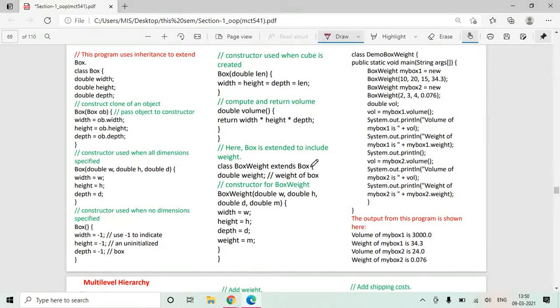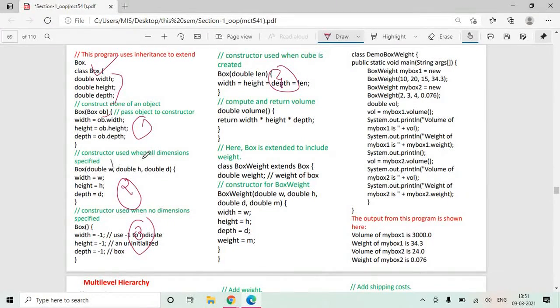Now this looks like a very lengthy program, but it is very simple. Try to concentrate. You have a class Box with 3 variables. This is constructor number 1, this is constructor number 2, this is constructor 3, this is constructor 4. This program we have already studied. A Box constructor accepts an object as a reference and copies the content of one object into another object.